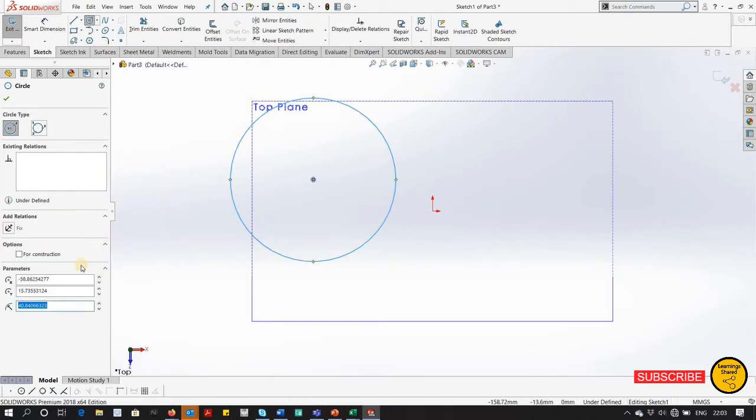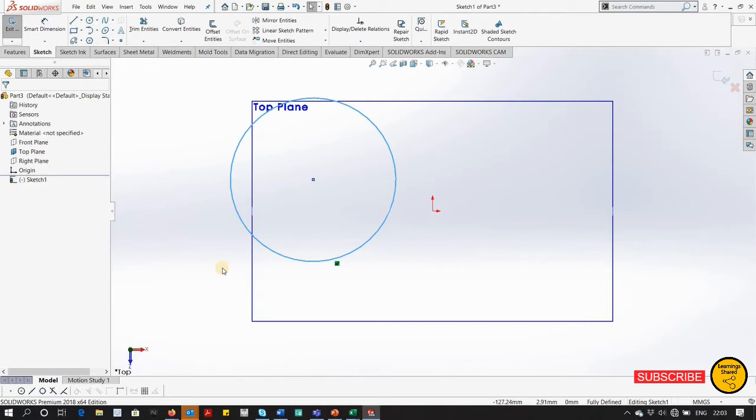Now in the left hand side you can see many options. So fixed option, I have mentioned it many times in my previous video. If you select this, your circle will become constant. So I've selected. Now you can see the circle has turned black.